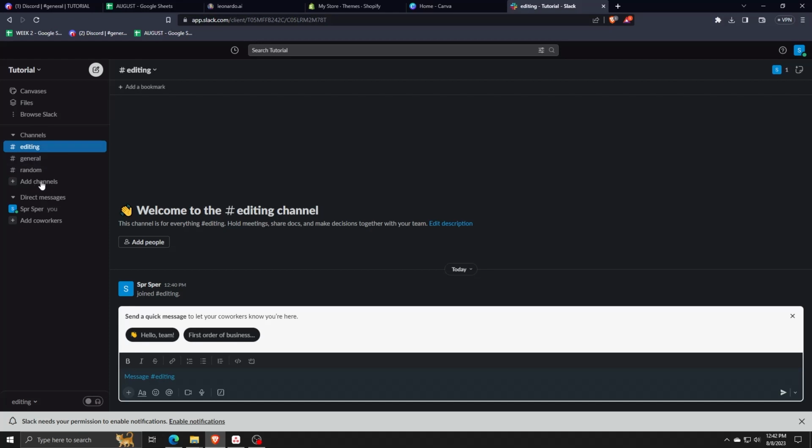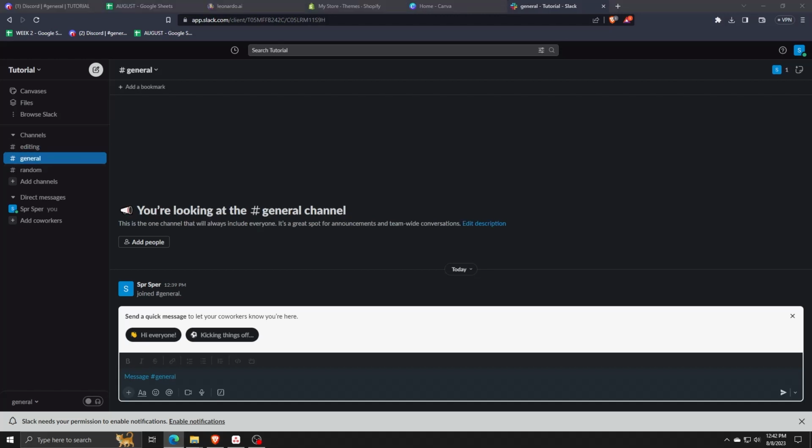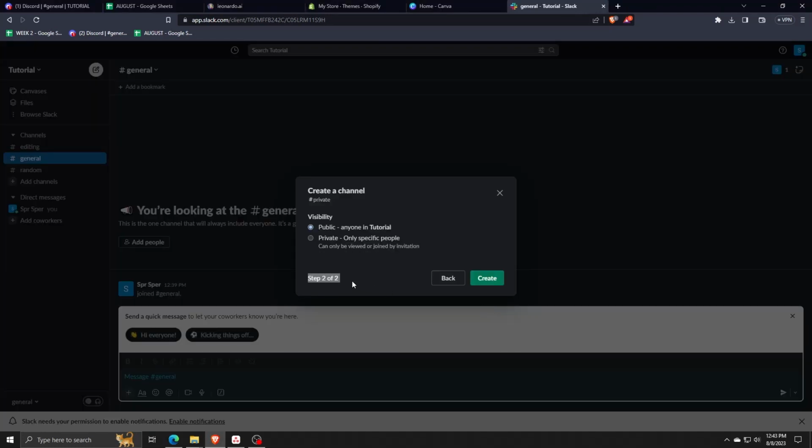You can freely rename these channels and categorize them depending on the project needs. As you can see, by clicking Add Channel, we can create a new channel. Remember, channels in workspaces are open to the public of the workspace and are freely accessible by team members to collaborate on. Remember, it's really important to categorize these channels around a certain topic so that people can join or follow